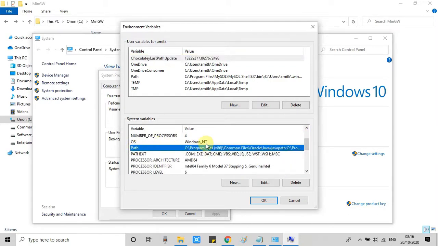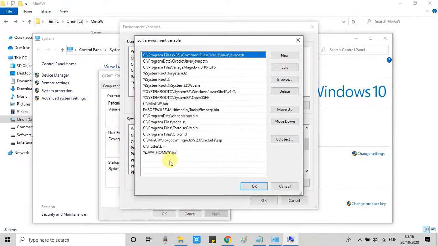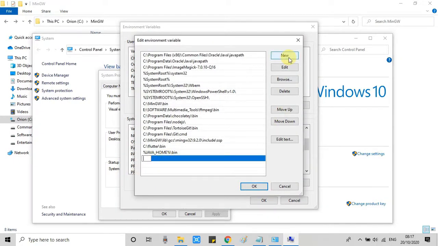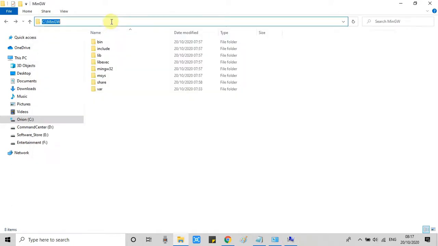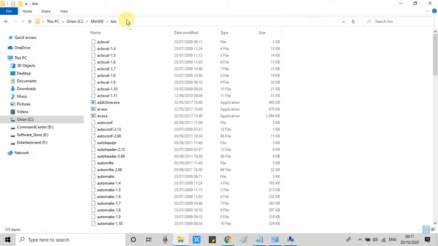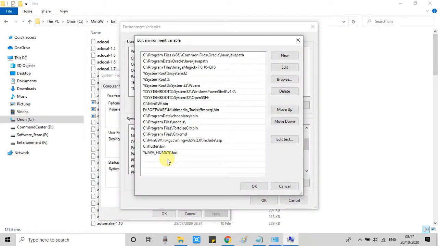Find Path, click on edit, and here we have to make 2 entries. You can click on new, or just get the path, see the MinGW bin folder, and come here and update one entry.